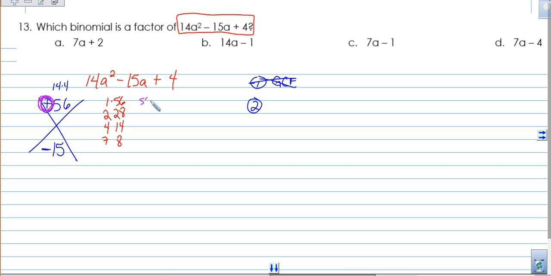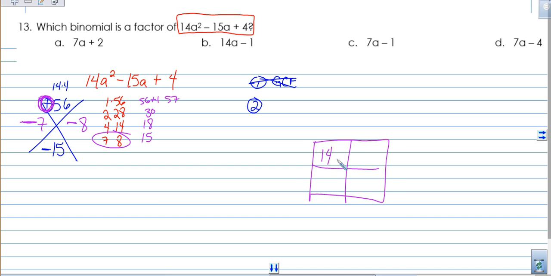Now, they need to add to get you 15. So, 56 plus 1, 57. 28 plus 2 is 30. 14 plus 4 is 18. And this is 15, so it's 7 and 8. And since it's addition, they have to be the same sign. And to get a negative 15, they both have to be negative. Okay? Via the box,